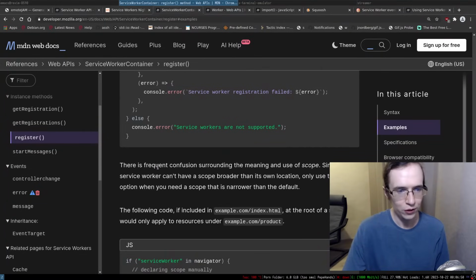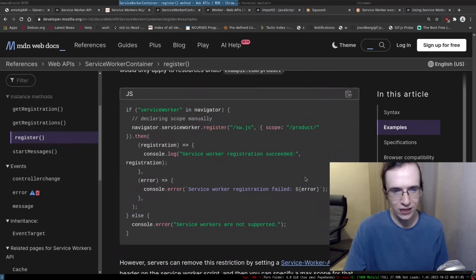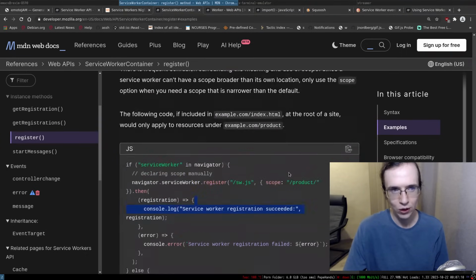So there is a frequent confusion surrounding the meaning of the user scope. Since the service worker can't have a scope broader than its own location, only use the scope option when you need a scope that is narrower than the default. So we need to do the narrower scope. The narrow. I cannot make it